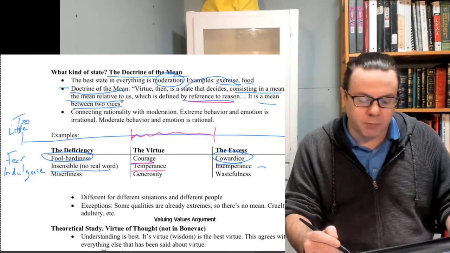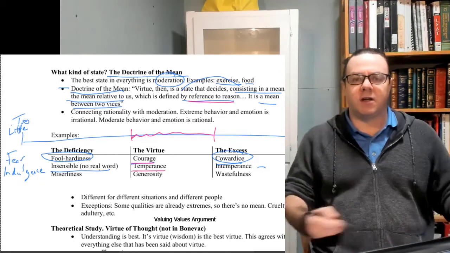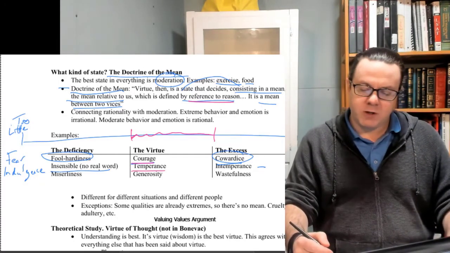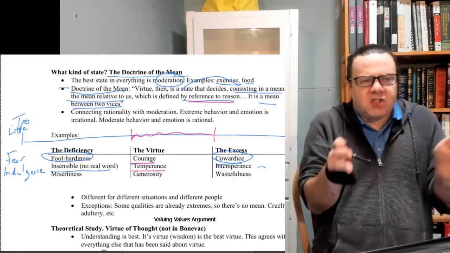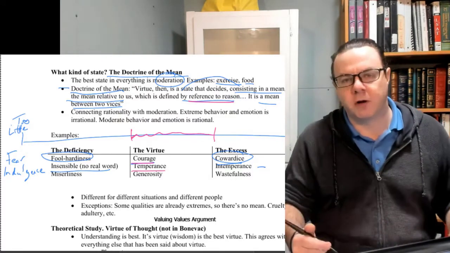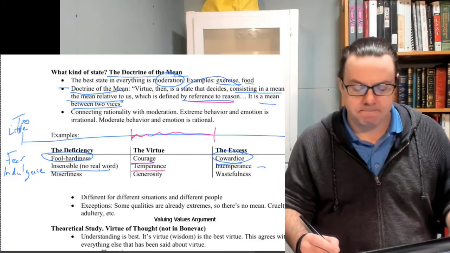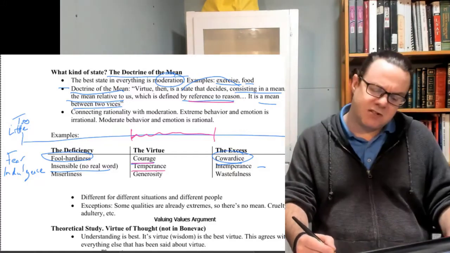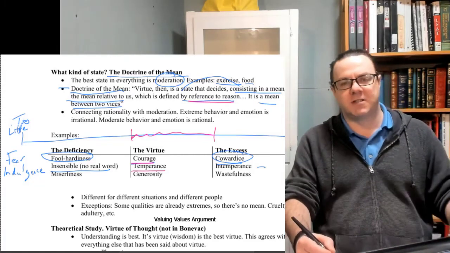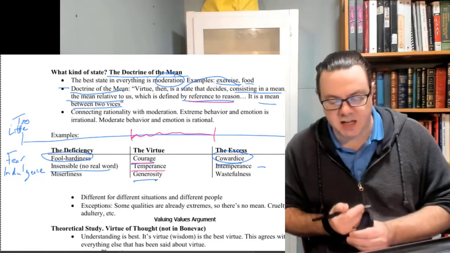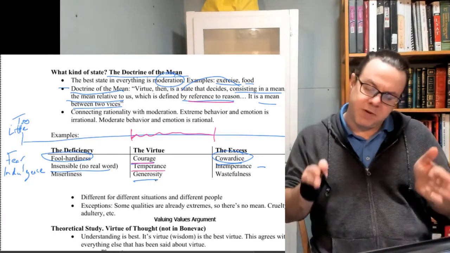You're an insensible person if you have no interest in enjoying food at all, no interest in any sort of indulgences. They just sort of live their life almost like they're a robot or something, just going about their daily duties, you know. So that's, for Aristotle, too little indulgence. You don't have any tendency towards indulgence at all. Okay, generosity is another one that Aristotle, it seems almost kind of challenging to fit generosity into this picture, but